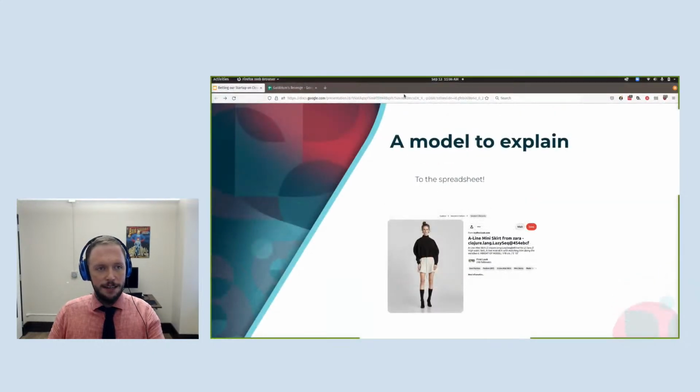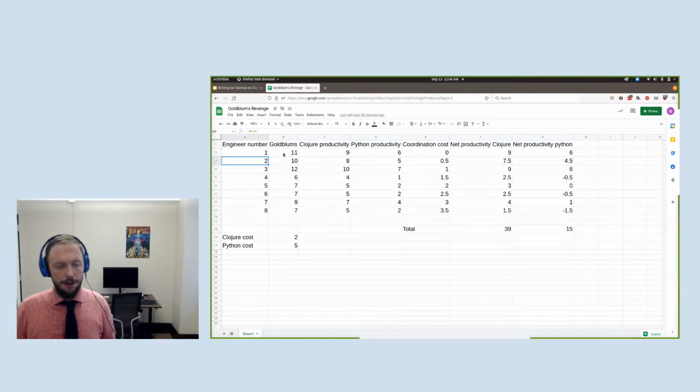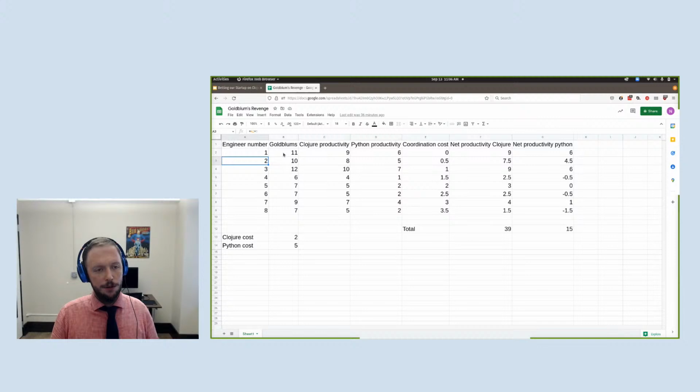Okay, so I've got a spreadsheet. This is not live coding, but this is just a spreadsheet. Let's examine the little model here. In the left column, you've got the number of engineers on your team. So engineer number 1 here would correspond to Buck. And then again, as I said, I think humans have a variable capacity to handle complexity. So let's say that in a given day, engineers can handle a certain amount of Goldblums.